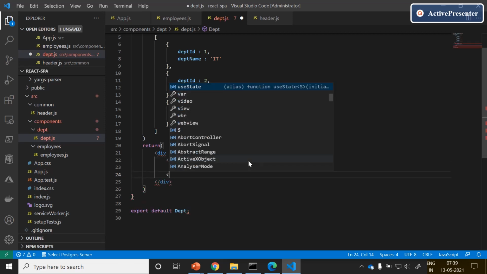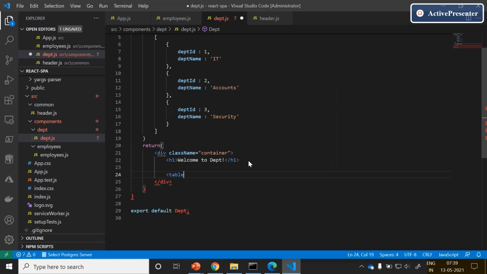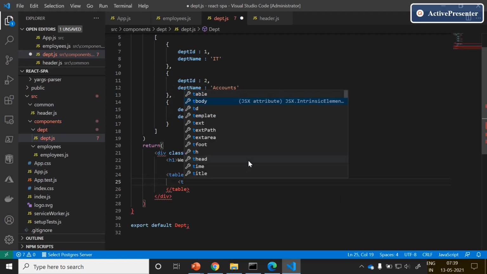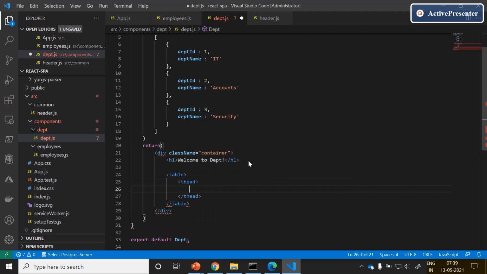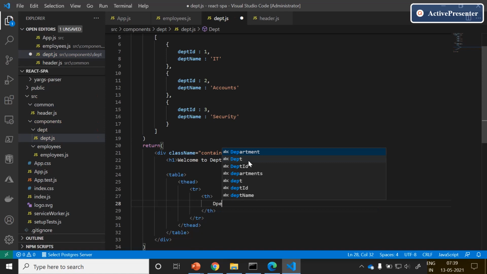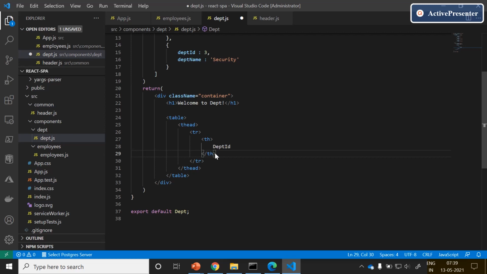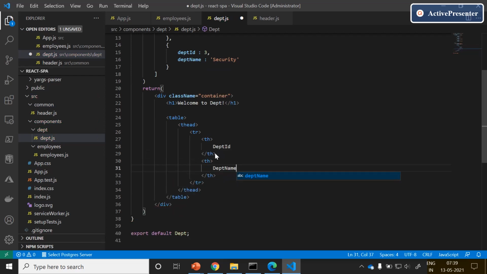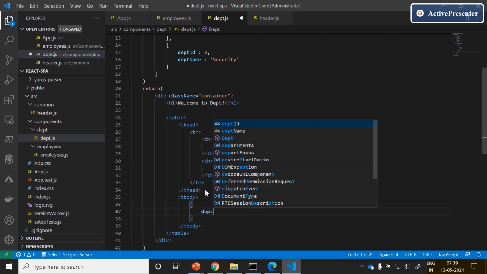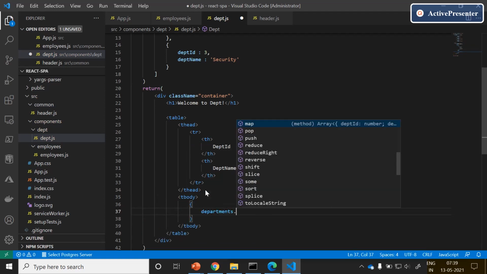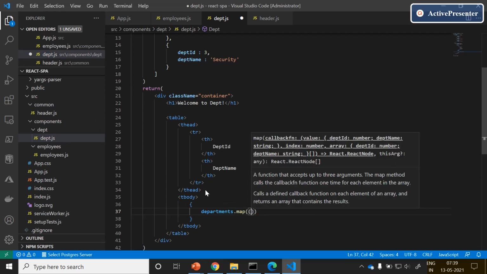We'll try to create a table which contains thead, department ID, and one more header which contains the department name. Tbody to iterate over the department information, department dot map, iterate over department.